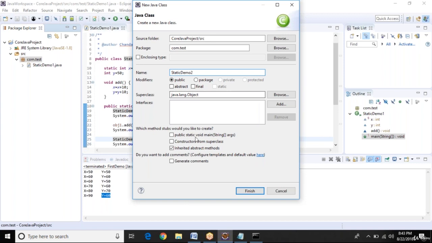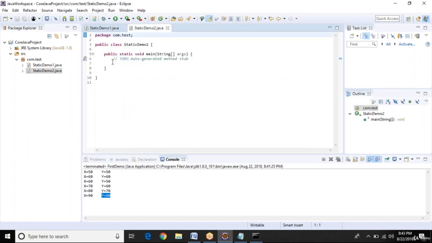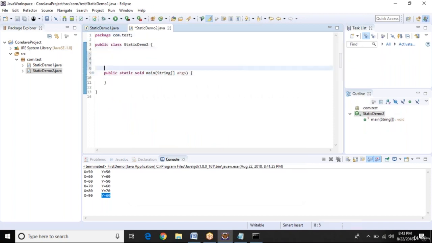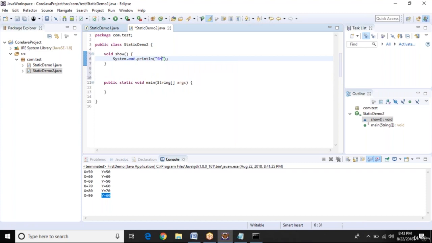Here we can keep one main method. Now we are going to see something different. We just saw that if we have a method, void show, and we want to call this method, what do we have to do?